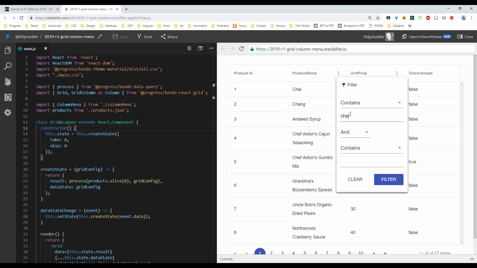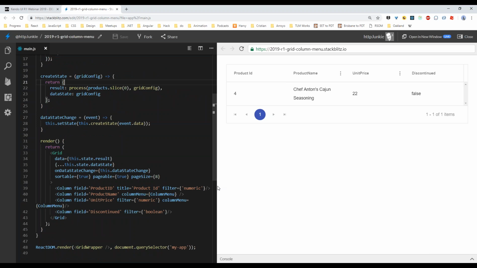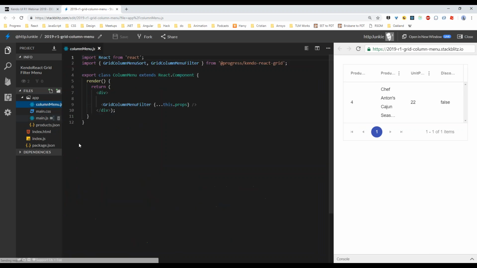And I can say I want it to contain chef and not the word mix. See what that gives us. Cool, perfect, it's working. Now, how does this work? Well, if we look down here, we'll see that we add the prop column menu, and we pass in a component. So this component, if we look at it,